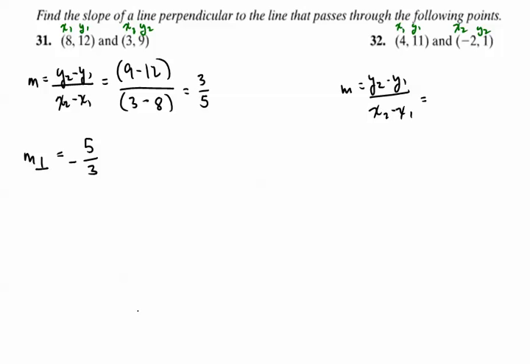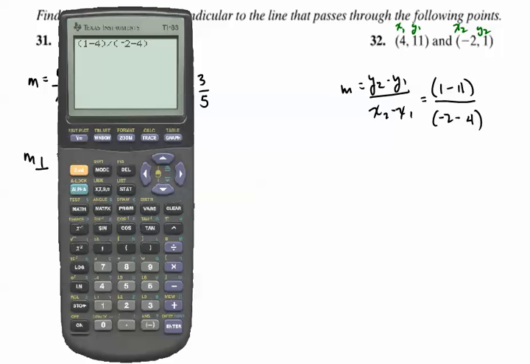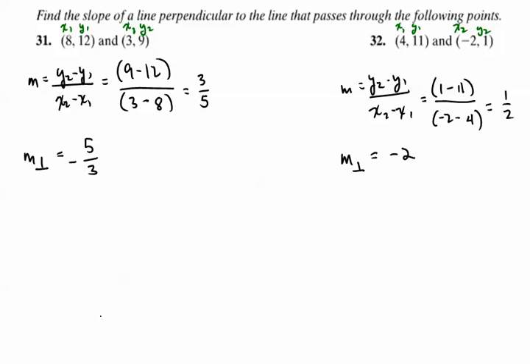I label my points, set up my equation, plug in y2 minus y1 in parentheses over x2 minus x1 in parentheses, plug it into my calculator with the numerator and denominator both wrapped in parentheses, and I get 0.5, which we know math, fraction, enter is 1/2. And so the line perpendicular to that line will have a slope of opposite reciprocal